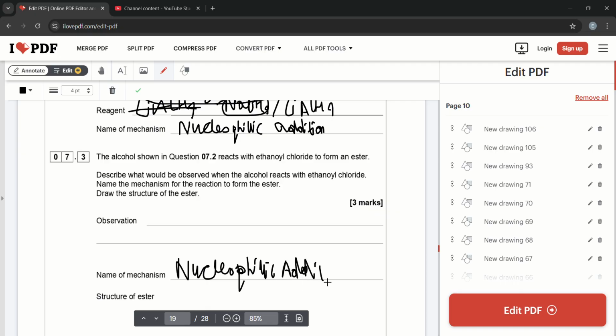Review them so many times that you just see a reaction between something and something, you can already name it, and you can already imagine what it's going to look like, where the curly arrows are going to go, etc. I'm not at that point yet. Maybe you guys are, but I'm not, definitely not. What would be observed is going to be misty fumes,